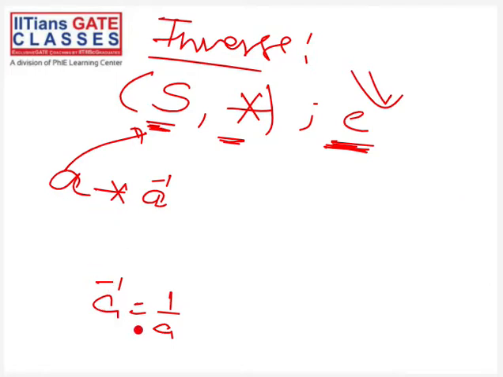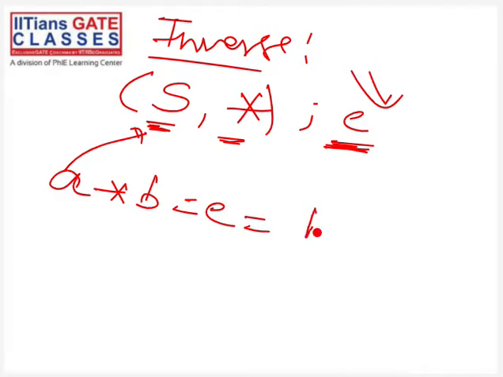If this star operation was multiplication operation, then we would have said that A inverse is 1 by A. But this A inverse is some element. This only means that A inverse is inverse of A. Or, so that you do not confuse, let me write B here. I am saying that this B is inverse of A if and only if A star B is equal to E, and also B star A should be equal to E.